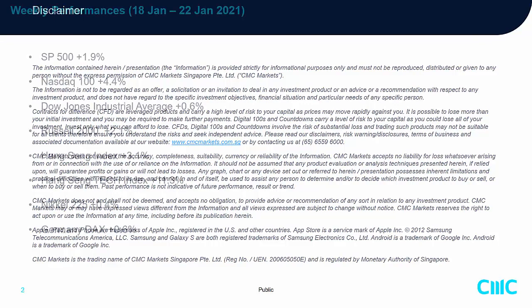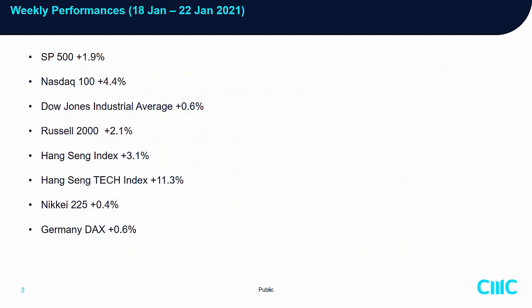All right, so now let's have a review of last week's weekly performance on the major stock indices. As we could see, all of them are in positive territory. Our star outperformer, as expected, the Hang Seng Index, positive 3.1%. The Hang Seng Tech Index, which comprises our China big tech stocks, continued to rally with double-digit performance at 11.3% last week. And what's so interesting about the previous laggard, the Nasdaq 100,